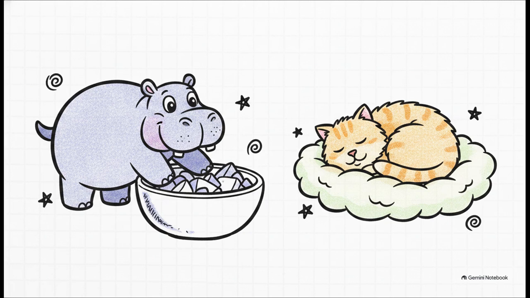Trick 2 is using quirky mnemonics to chunk that data together. Let's take the first 10 elements: hydrogen, helium, lithium, beryllium, boron, carbon, nitrogen, oxygen, fluorine, and neon. You can turn their symbols into a silly, highly memorable sentence like, "Hungry hippos love big bowls, cats nap on